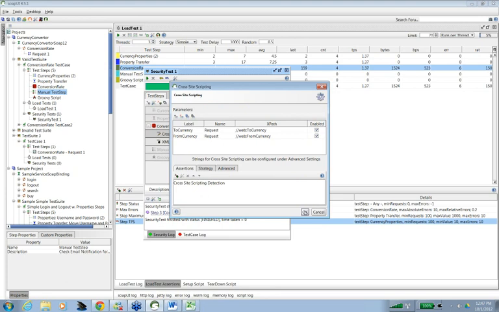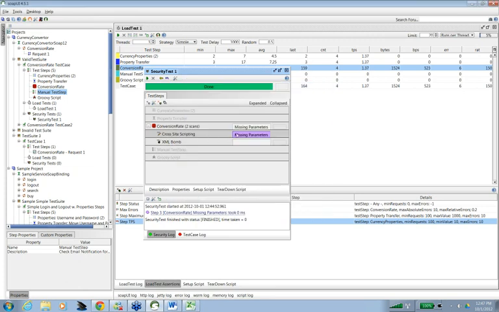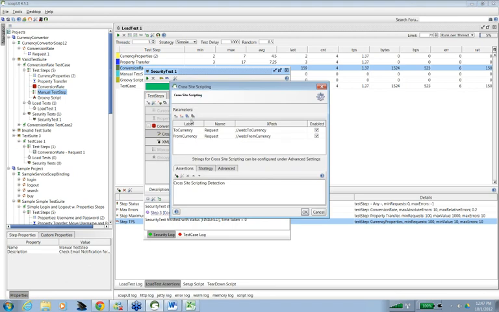And the strategy can be one by one or all at once. Any type of strategy you can do. Now write this.